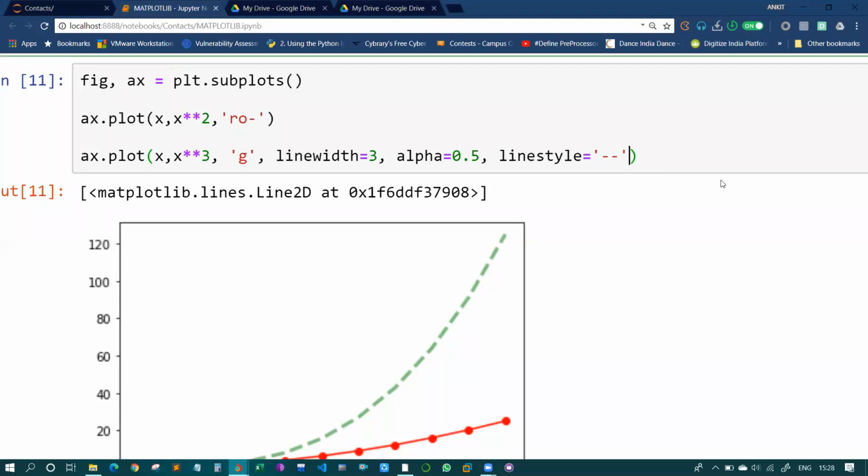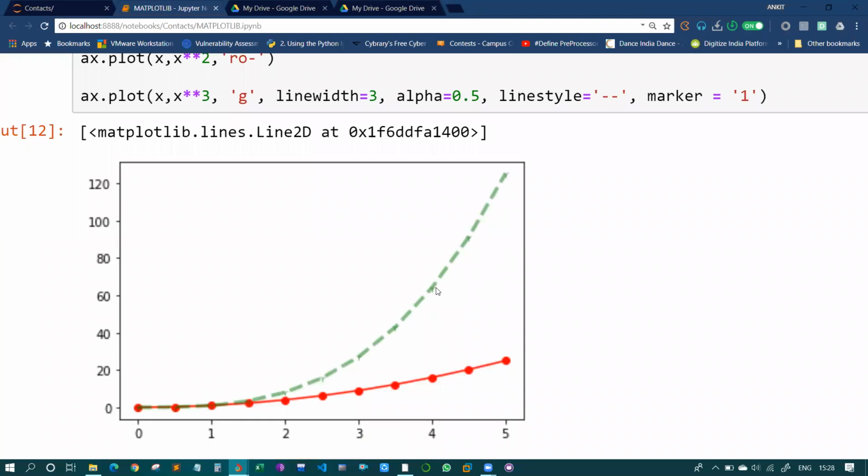Fine, then comes your marker. So we haven't specified any marker over here, so let's add a marker. Marker, and for marker I will use, for example, there is one marker. Okay, so here the marker size is really small, right?